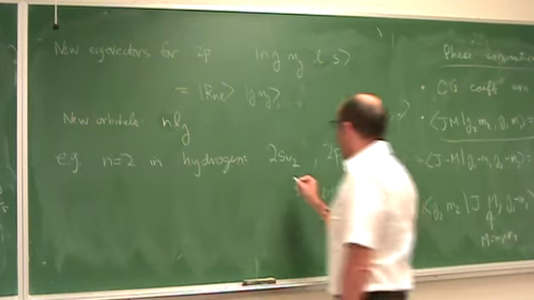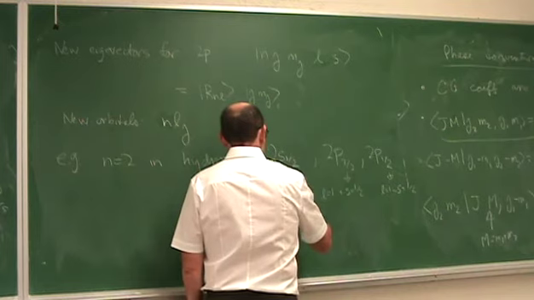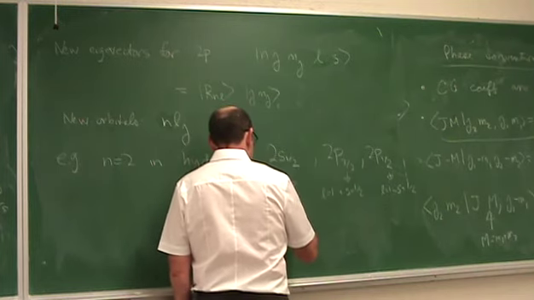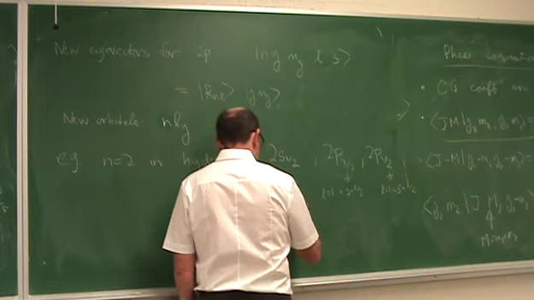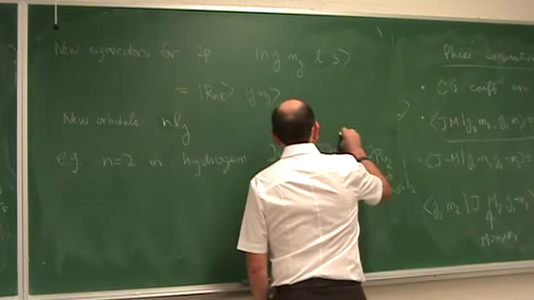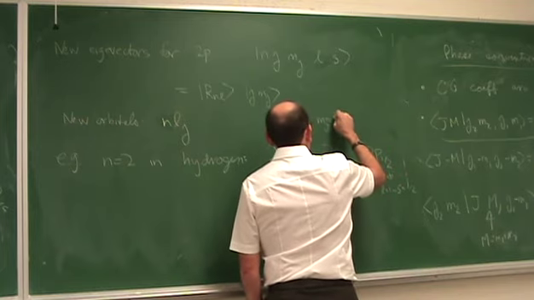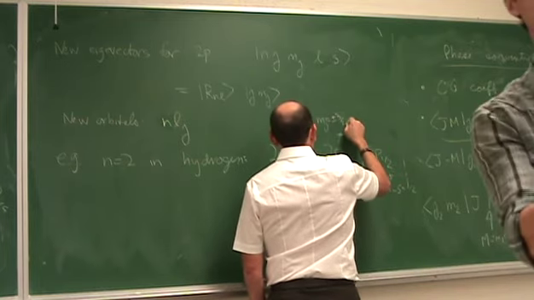There are 2, and mj is plus or minus a half here. And here mj is plus or minus 3 halves, plus or minus